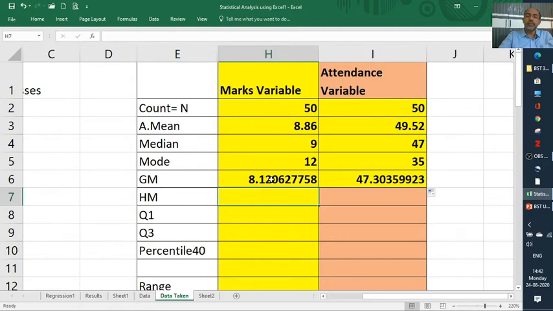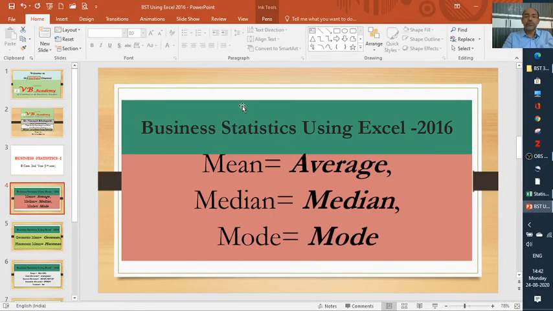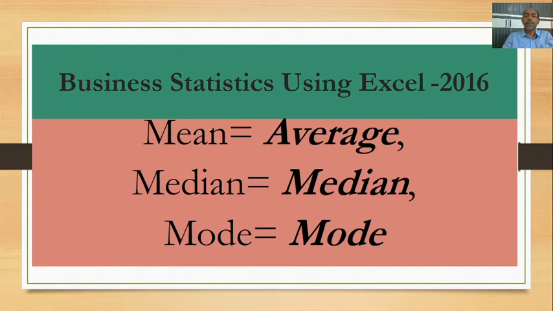Then we'll calculate harmonic mean. In the PowerPoint presentation, I have explained the mean for average. The command is the average command. Okay, median we got, mode we got, and also we got count.